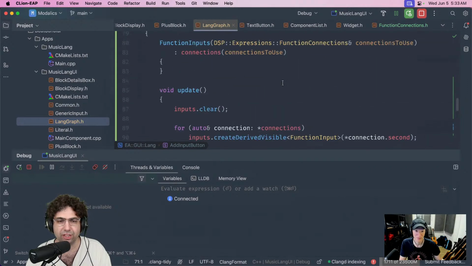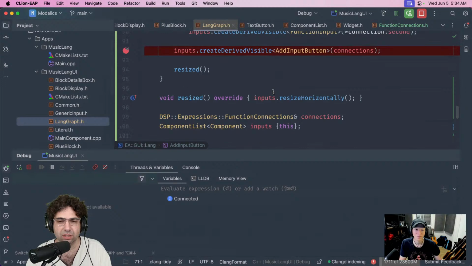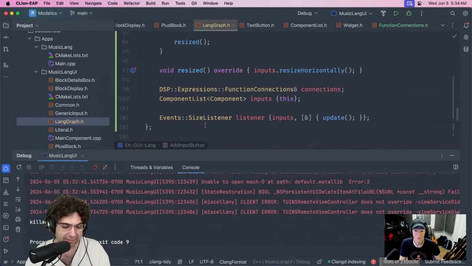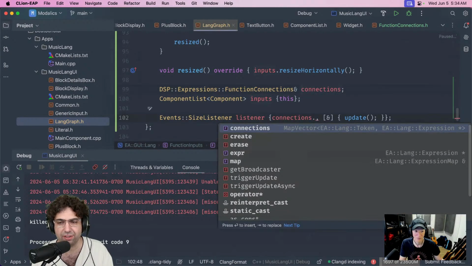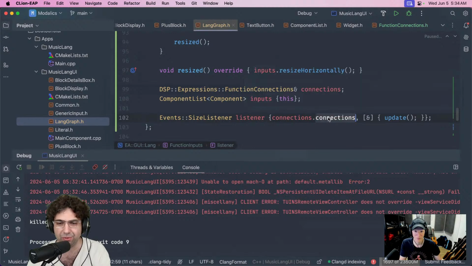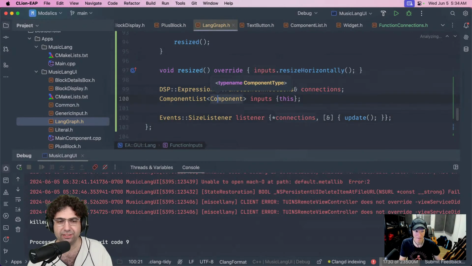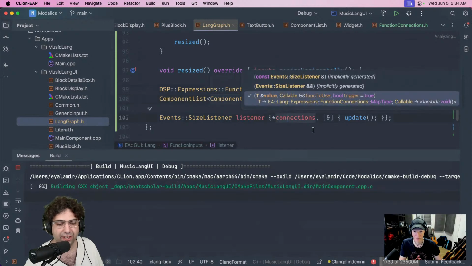Right, the function's connections. Oh, that's right. I have what I call a size listener here, and it's not listening to the right thing. What it should be doing is listening to connections, or I think I could just do star connections to reach directly. So this thing should listen to the size of this container.